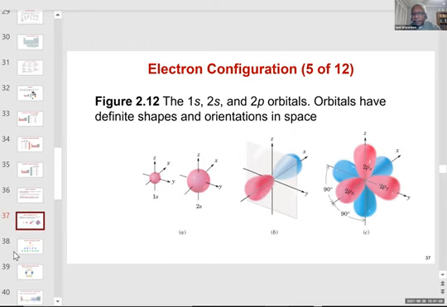P orbital has a dumbbell shape. D orbitals, there are d orbitals on the third one. No, there are 3 p orbitals. 3 p orbitals. I'm going to talk about this again. Let's look at the